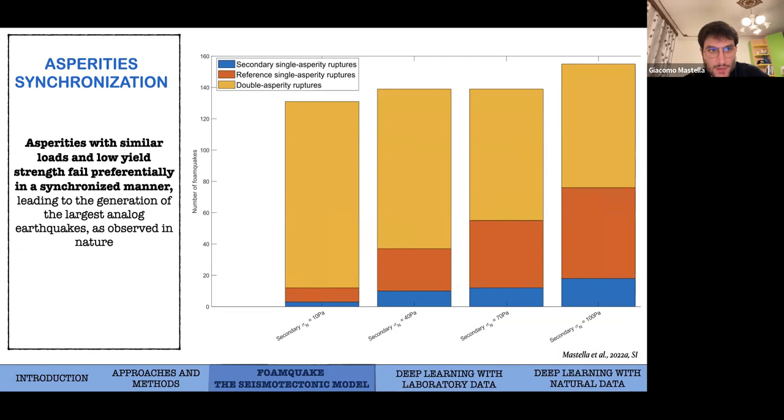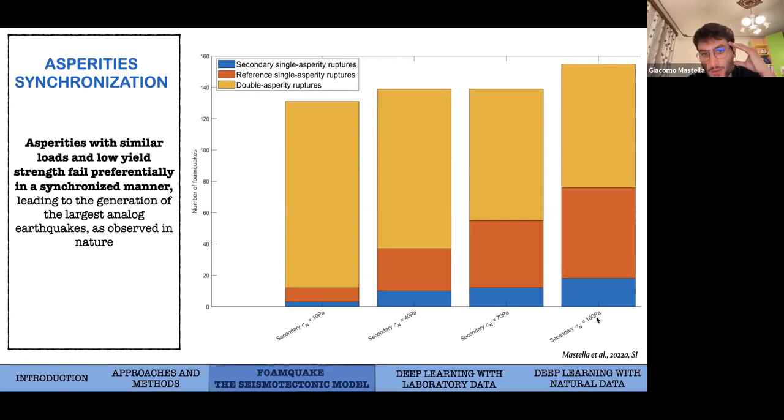Interestingly, we analyzed even the number of double asperity ruptures as a function of the difference of the load above the asperities. So here what I represented is the number of analog earthquakes in a histogram as a function of the difference of load above the two asperities. And the color depicts the different typologies of analog earthquakes. So in orange, for example, we have double asperity ruptures, so ruptures during which both asperities fail coseismically together. And we can see that the number of double asperity ruptures decreases as you increase the difference in terms